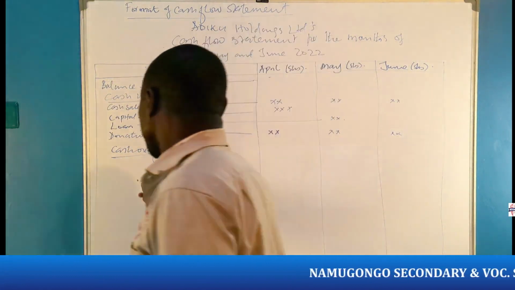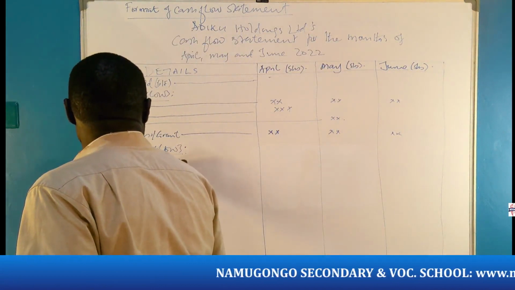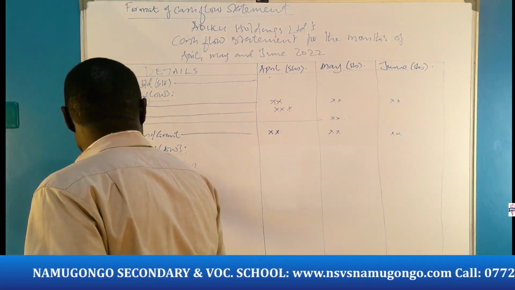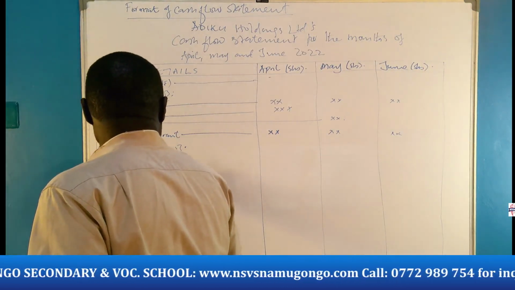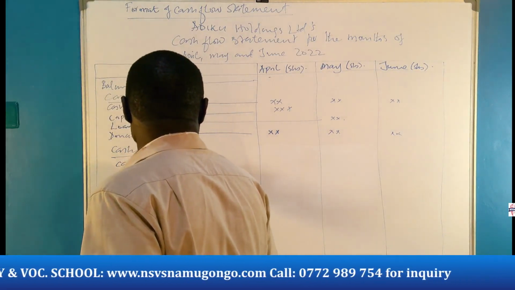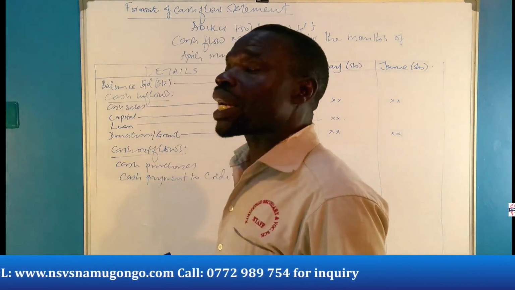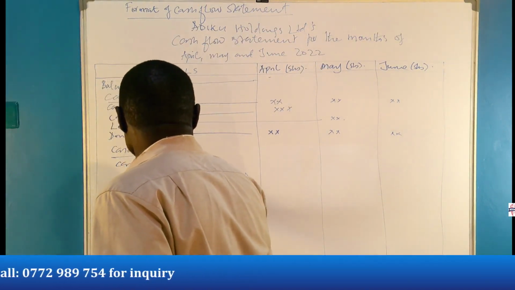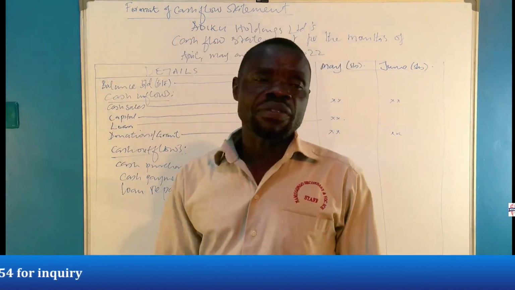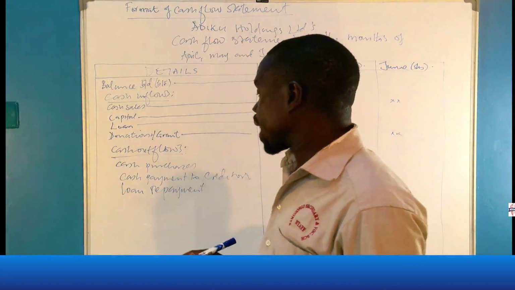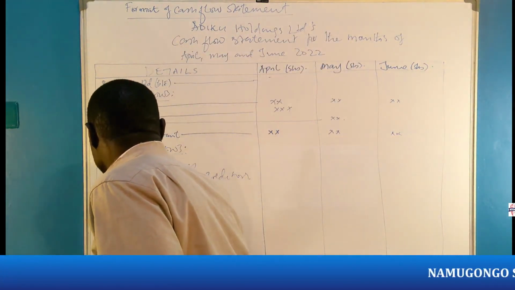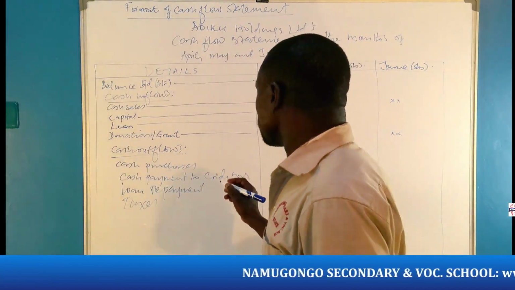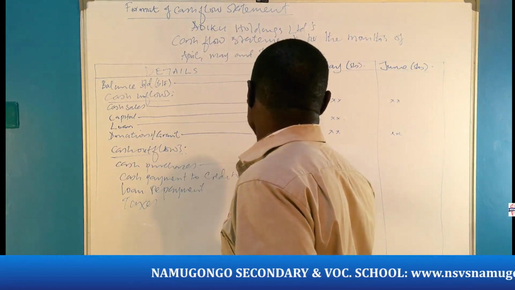We can look at the cash purchases. We can look at the cash payments, not to debtors, to creditors. We can have loan repayment. Loan repayment. Now, what other avenue do we have? We can also look at taxes. Taxes to the government. So, if these are the avenues of our cash flows,